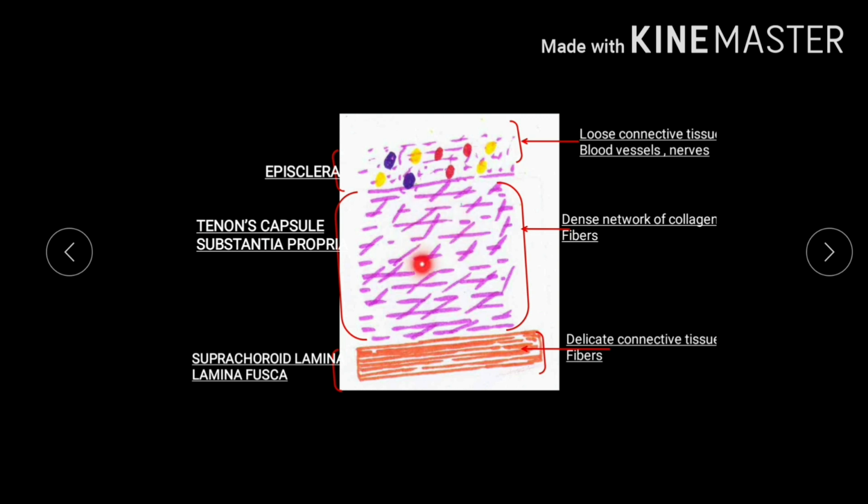Now the middle layer, known as the Tenon's capsule or substantia propria, is mainly made up of a dense network of collagen fibers. But here the arrangement of the fibers is irregular. So this type of arrangement makes the sclera somewhat opaque as well as white in color. And the last layer, known as the suprachoroid lamina or lamina fusca, is made up of dense delicate connective tissue fibers. Okay, so that's something regarding the histological aspect of the